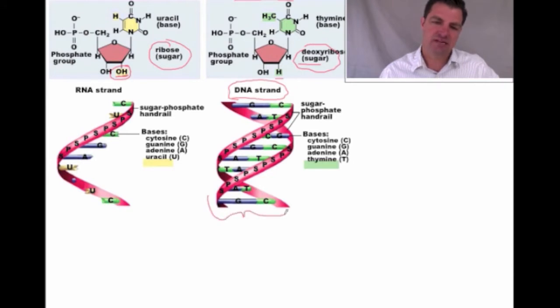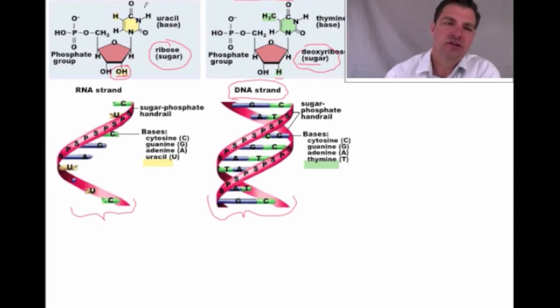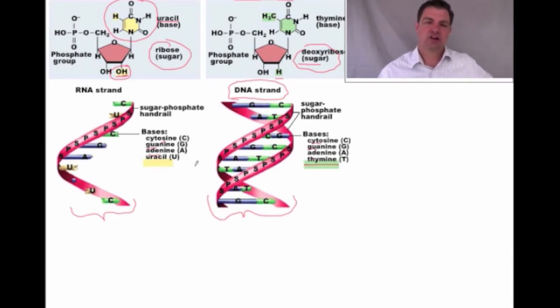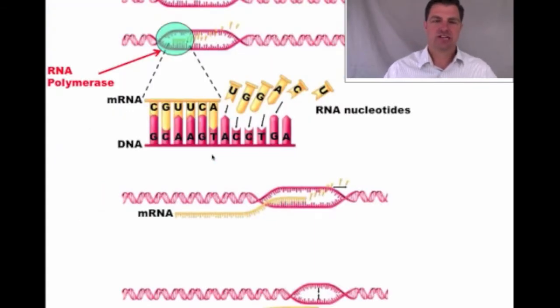DNA tends to be double-stranded, it has two sides to it. RNA, again not necessarily true in viruses, tends to be a single strand like that. So that's one difference as well. And then you also notice that RNA, in addition to having cytosine, guanine, and adenine like you find over here, instead has this nitrogenous base called uracil. Uracil is found in RNA, and thymine is found in DNA. So the uracil will now bind with the adenine instead of thymine if you have RNA versus DNA. So that's the difference there.